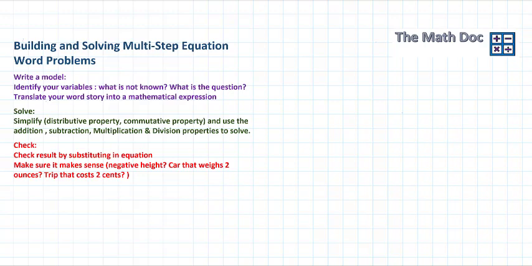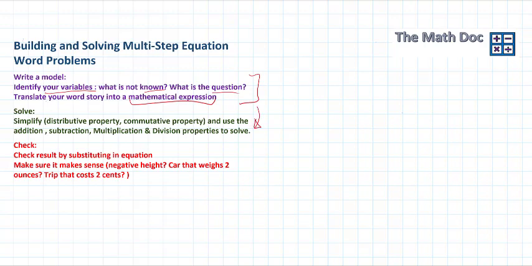So in this video, we will focus only on word problems. We will look at two examples where we will write a model, and that will be our first step, and we will discuss how to do that. We will identify our variables, what is known and what the question is, and using that we will translate our word problem into a mathematical expression with an equality sign, which will help us in taking the next step, which